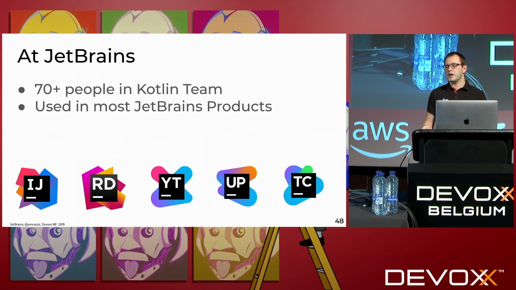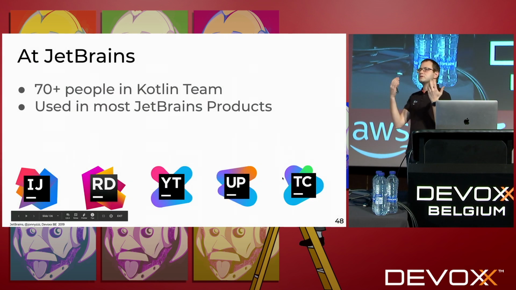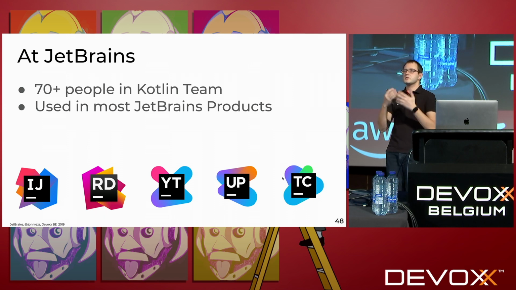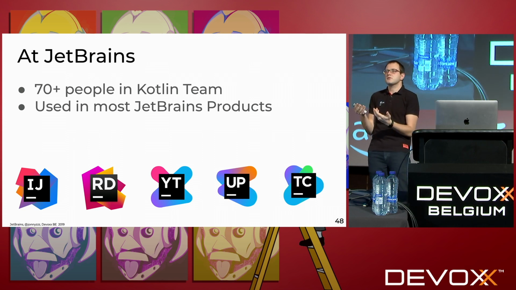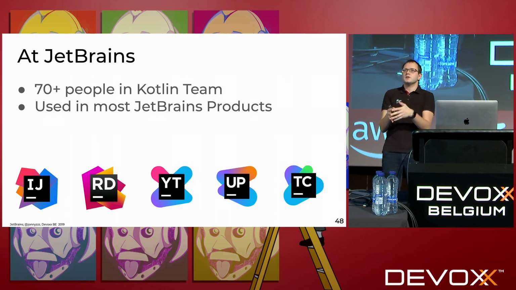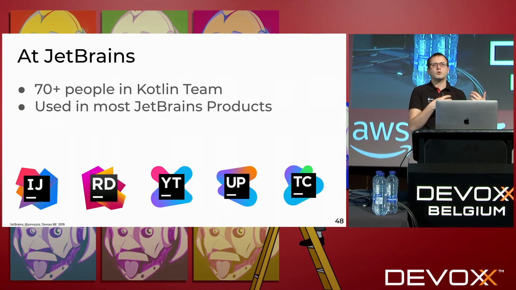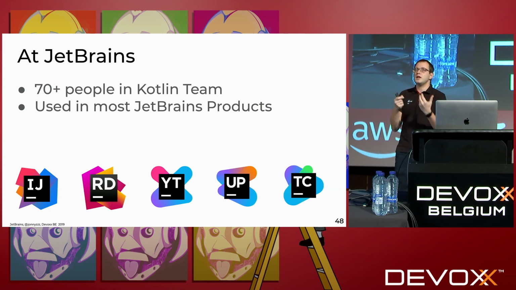Say in TeamCity, we use Kotlin for the build pipeline DSLs. This is a way to write complicated, huge builds with Kotlin. It's type safe, so on one side you understand what you're doing, and on the other side it is pretty readable to see what you're actually trying to achieve. These are the benefits of creating DSLs. And actually, the Kotlin language turned out to be designed in a way that is really friendly to doing DSLs.